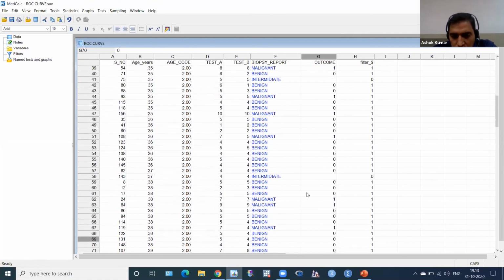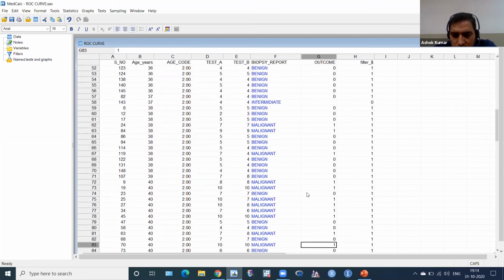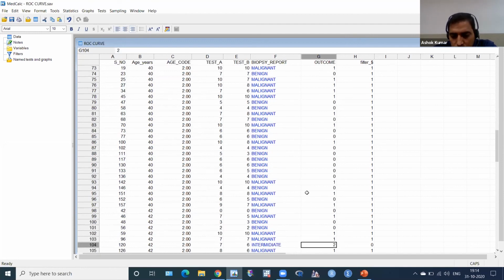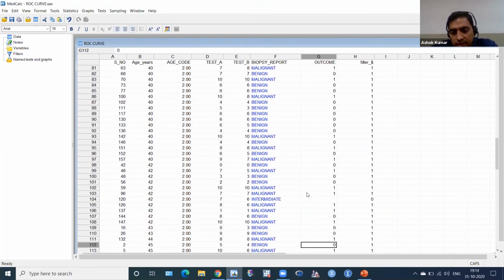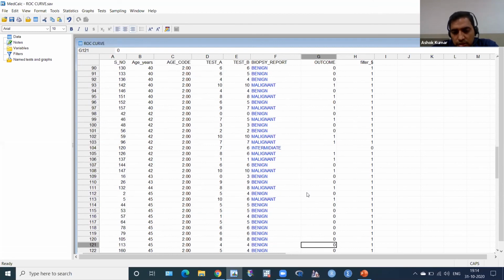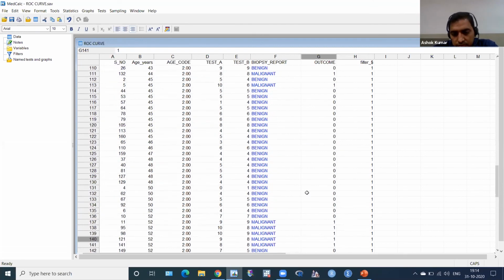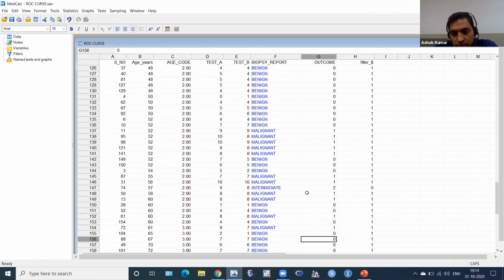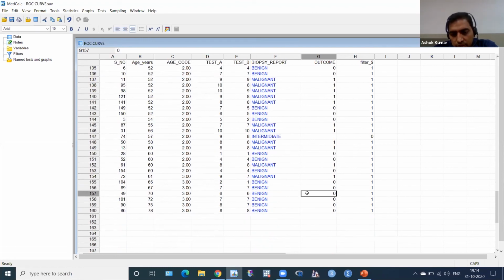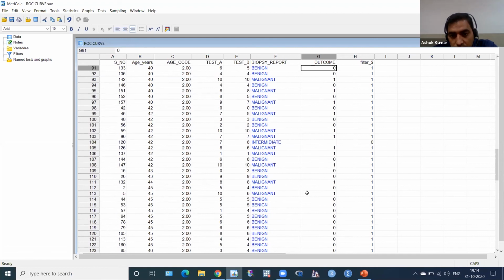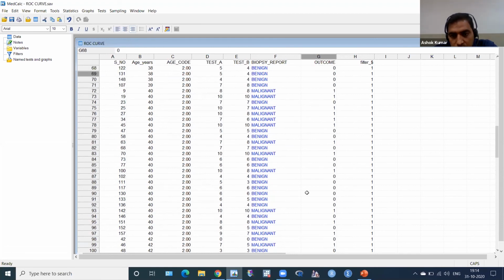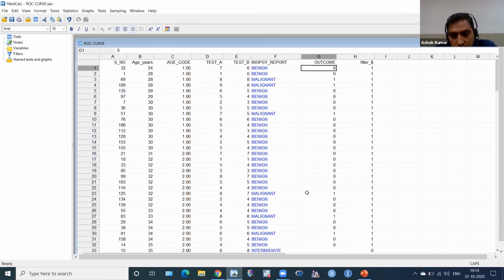Because I am using SPSS data, sometimes I'll open this software. This is also 2, because I don't need these. This is also 2. Then okay. Then I think I have removed all the 2s.